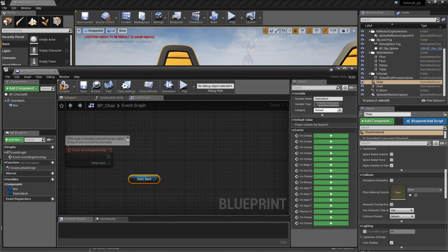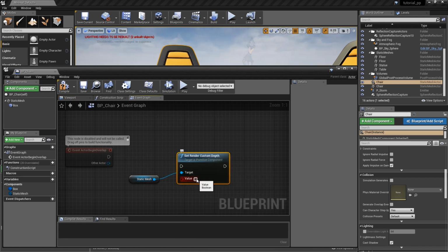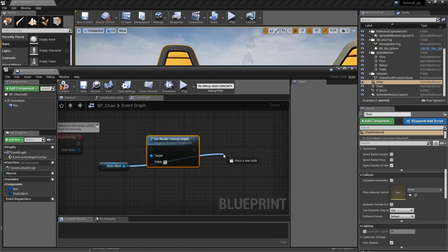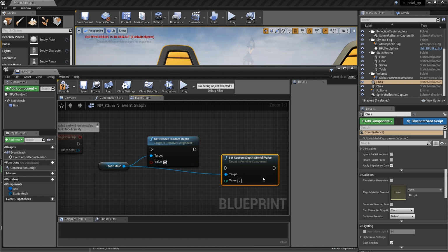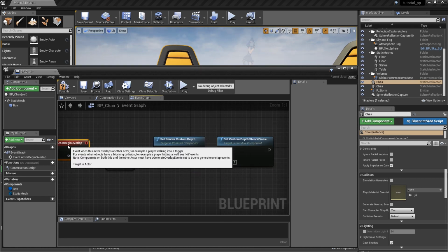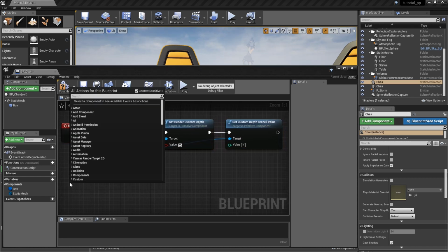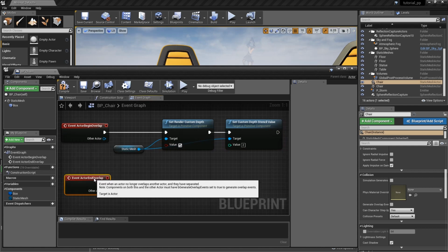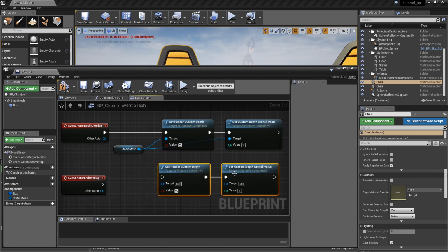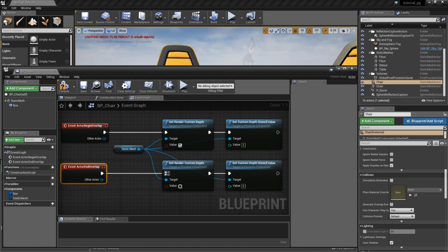Get a reference to the object, and there's a node called set render custom depth. Check the box to make it true. There's another node called set custom depth stencil value, set that to 2. Make an event actor end overlap, copy the nodes, set the custom depth back to false, set the custom stencil value to 0,